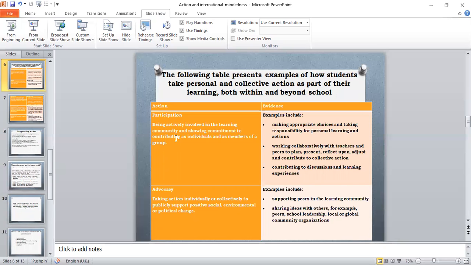When action is seen in terms of participation, it can be being actively involved in the learning community and showing commitment to contribution as an individual and as a member of a group. For that, the evidence we can produce as a teacher or as a parent is making appropriate choices and taking responsibility for personal learning. So when you see that your child is taking action, start collecting evidence. I would appreciate it if you all start collecting evidence of your child's action, of your own actions,